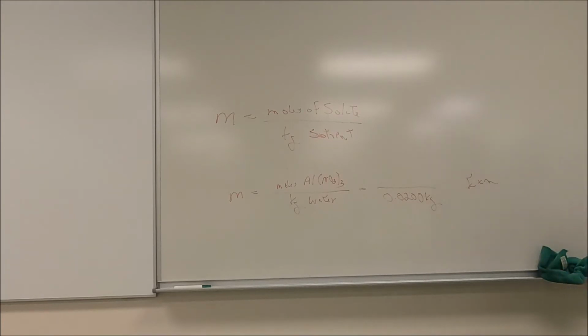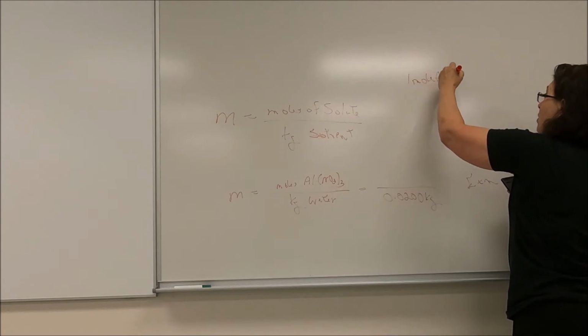So I take the mass of aluminum, which is 26.98 plus 3 times 14.0067 times 3 plus 9 times 15.9994. So